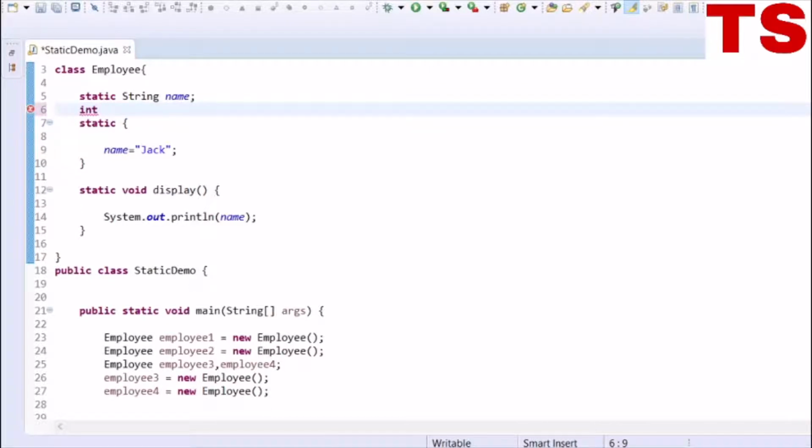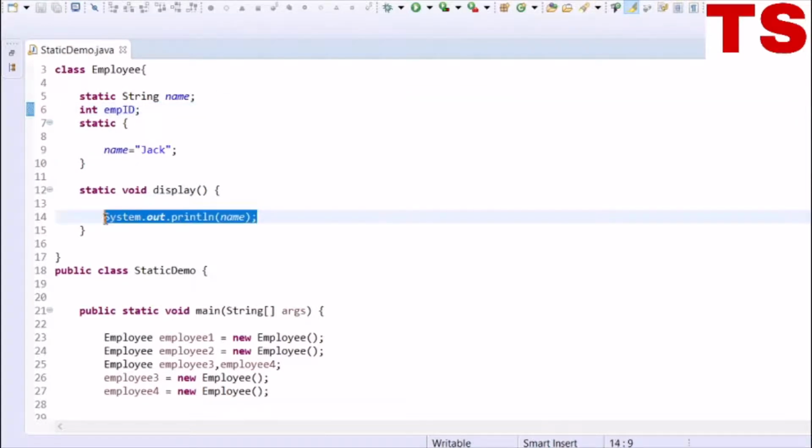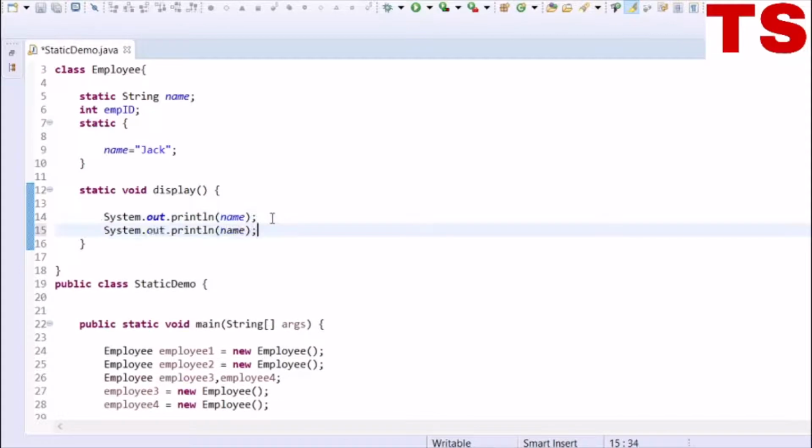Let's take one more variable like employeeID, which is a non-static field, and let's try to display it in a static method.